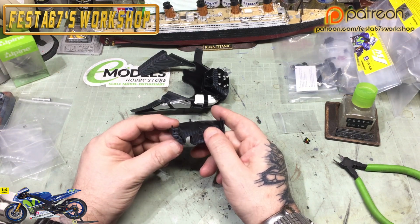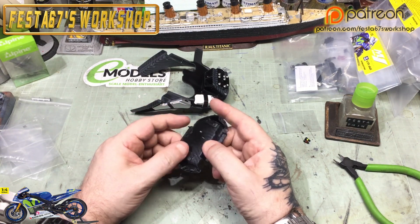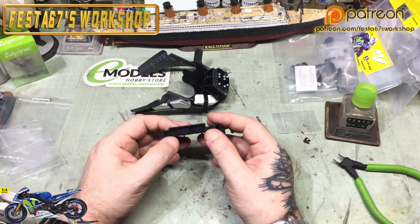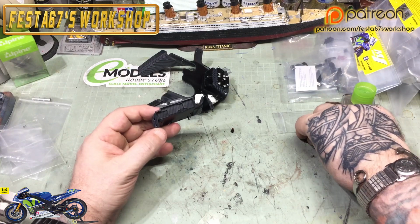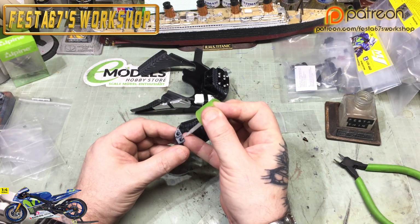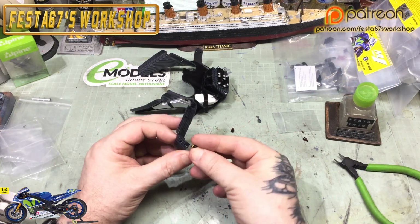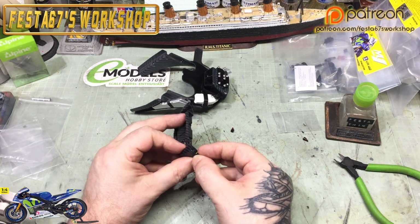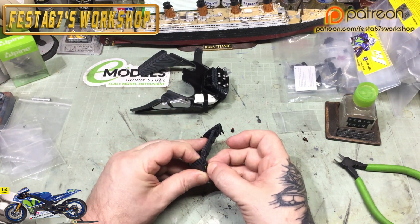And what are we going to be doing on this then? I think we're going to be doing the top holder for the ECU there. And it's the control unit support and the plugs, to give it its proper name. So we've got a couple of tiny little electrical plugs going in each side here. You've got two in one side, and you've got one on what would be the rider's right hand side,